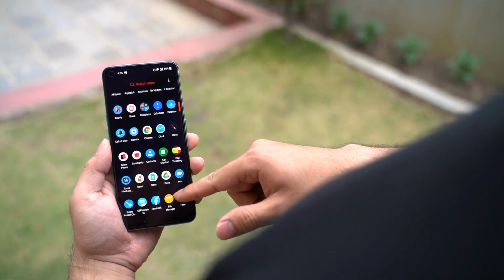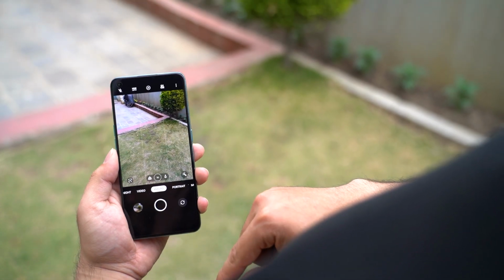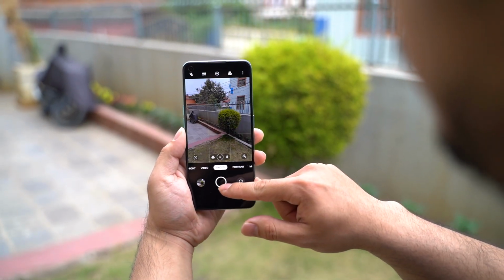So after testing the OnePlus Nord CE2, I kind of have mixed feelings about the phone. It's not something that I would recommend here and there, but it's not particularly a bad phone either. It is a capable performer that offers a no-nonsense clean user experience, while it's also got a fairly reliable set of cameras. Having said that, OnePlus still is not able to catch up with the competition in the mid-range and